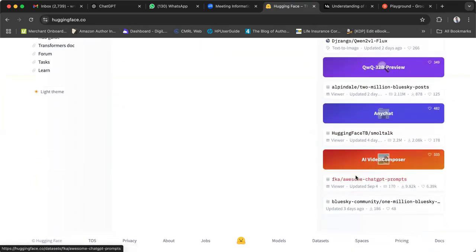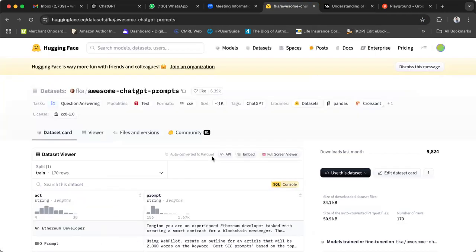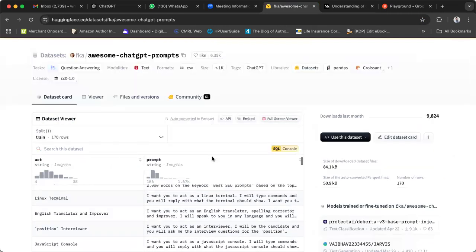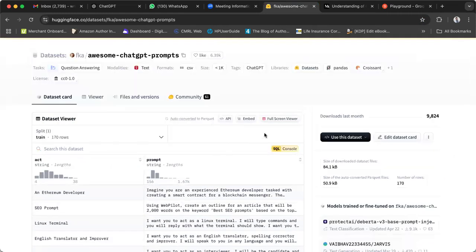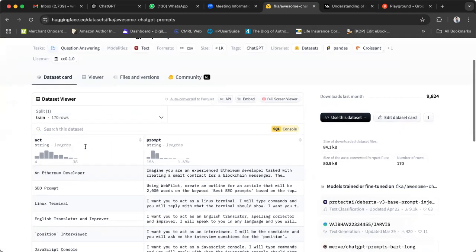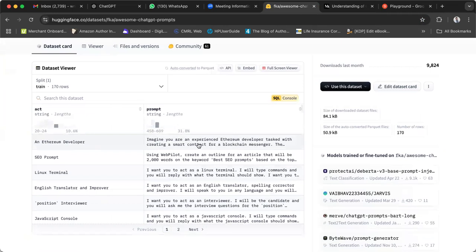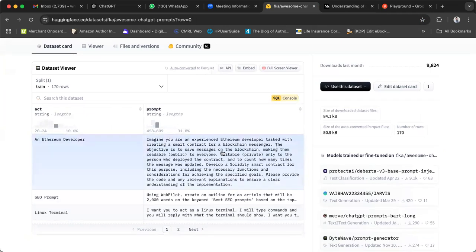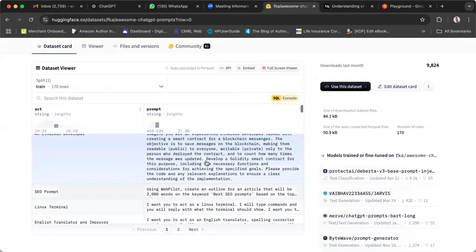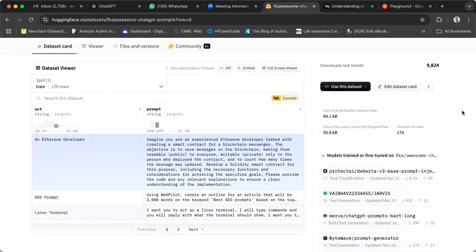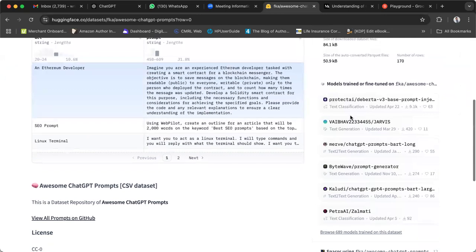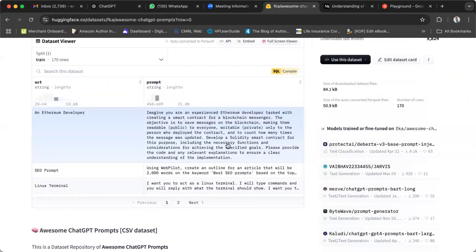A video compressor. Dataset viewer. 70 rows. Imagine you are an experienced veteran developer. Just see this. There are so many questions, so much information you'll be getting to know.